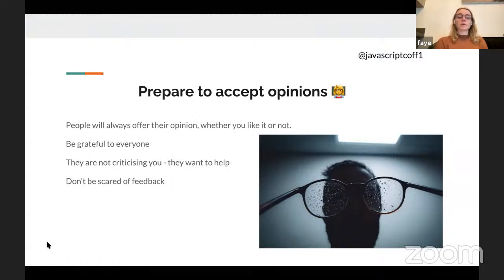So it's important not to be scared of feedback, and actually going out of your way to ask for feedback is, I think, a good thing. On every single article that I write, I get at least 2 people to read it, whether it's my husband or someone on Twitter that I know is an expert in the topic. I ask them, because it gives me some kind of feeling that I'm going to be able to help someone with this article.